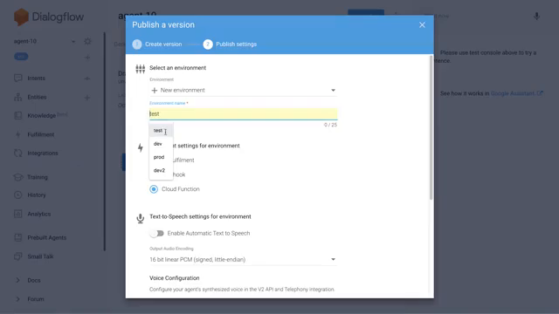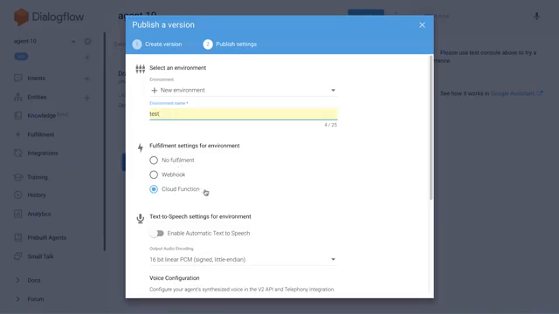So let's say that the functionality and the features that we have so far developed in our agent, we want to send them to test. So we click test. We do have a cloud function, so we'll leave that checked. If you had no fulfillment in your agent, you could choose the no fulfillment option, but we do have fulfillment.